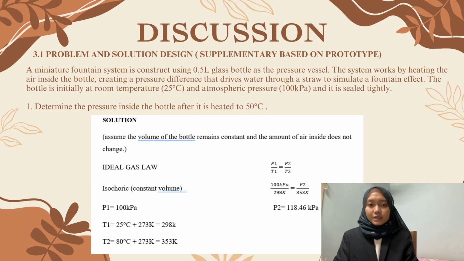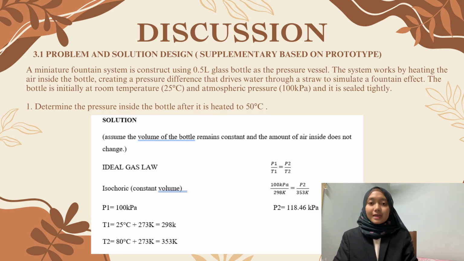A miniature fountain system is constructed using a 0.5-liter glass bottle as the pressure vessel. The system works by heating the air inside the bottle, creating a pressure difference that drives the water through a straw to simulate a fountain effect. The bottle is initially at room temperature, which is 25 degrees Celsius, and atmospheric pressure, which is 100 kPa, and